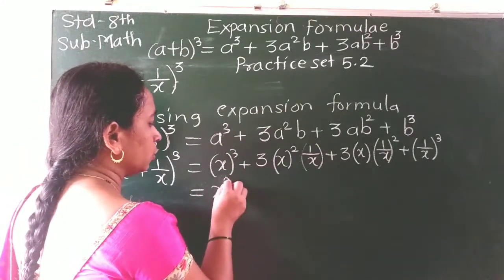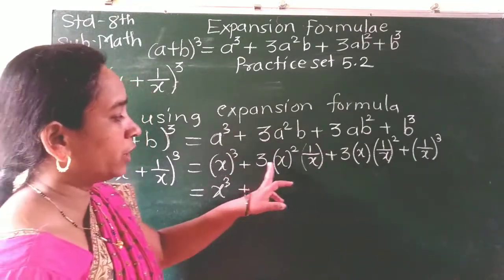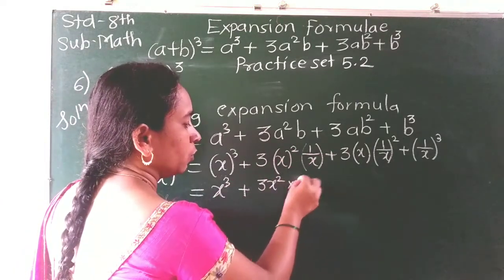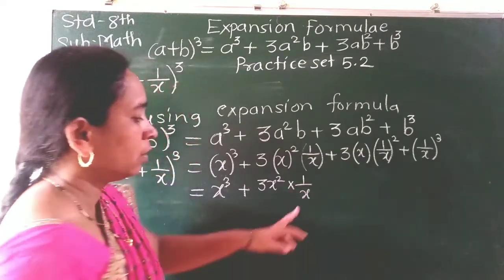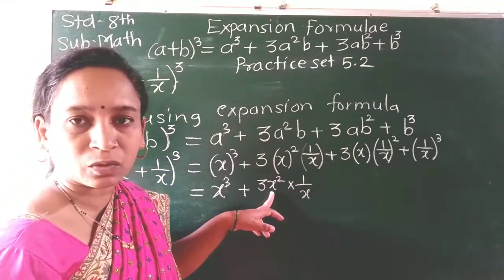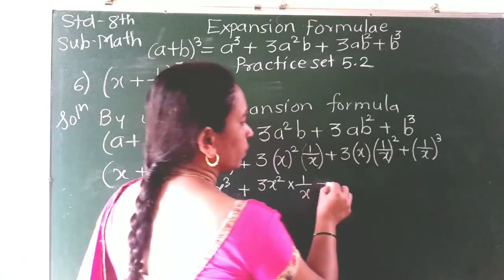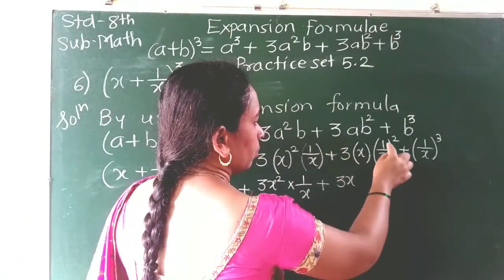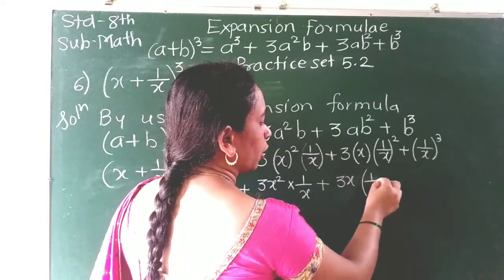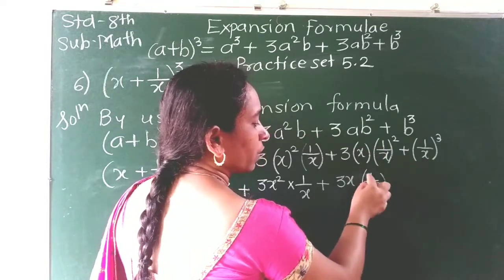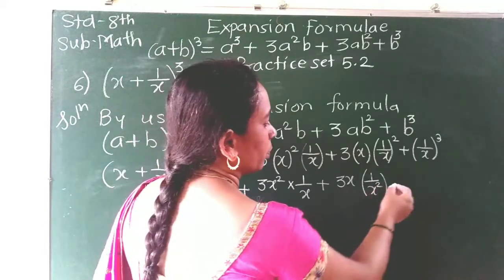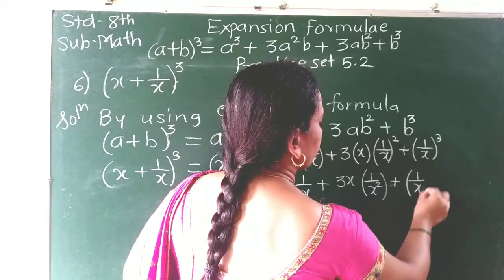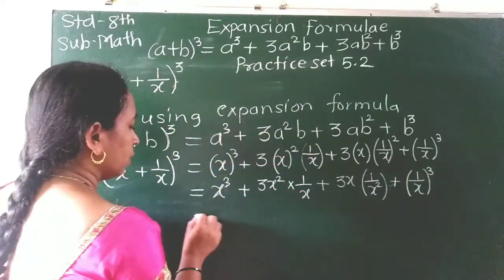So x cube, here 3x square into 1/x. x is at the denominator, this x square is at the numerator. Plus 3x, square of this is 1/x square. 1 square is 1, x square would be x square, plus (1/x) bracket cube is equal to x